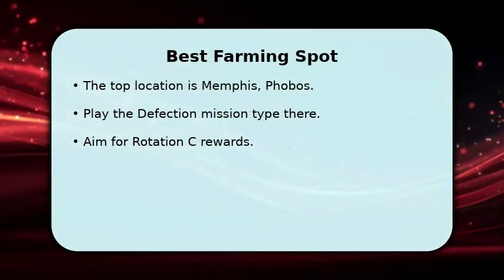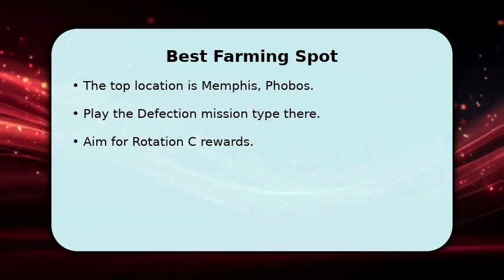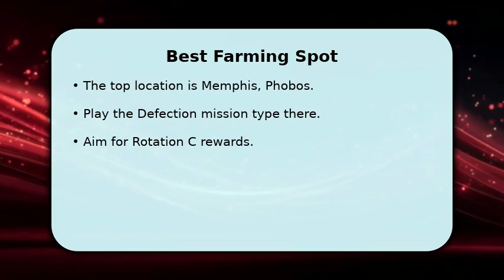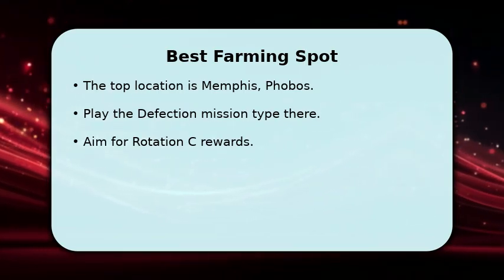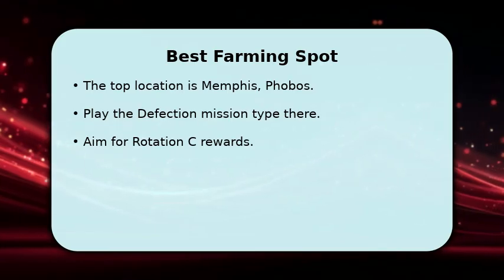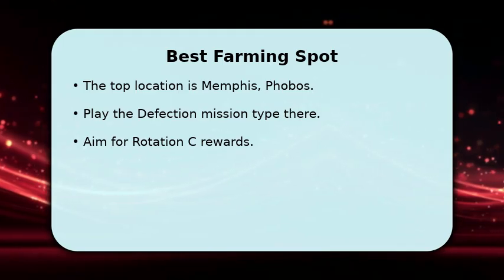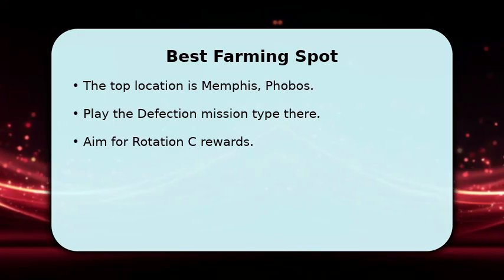Your best bet for acquiring the Quickening mod is by heading to the defection mission on Memphis, located on Phobos. This particular node provides the highest drop chance. To maximize your odds, you'll want to reach Rotation C of the mission rewards. Successfully completing this will give you a 15% chance to obtain the Quickening mod, making it the most efficient farming